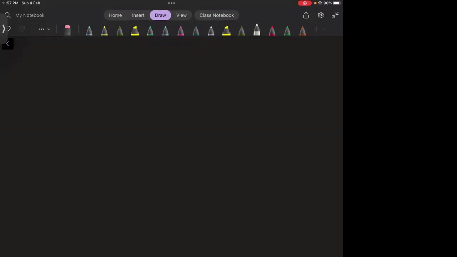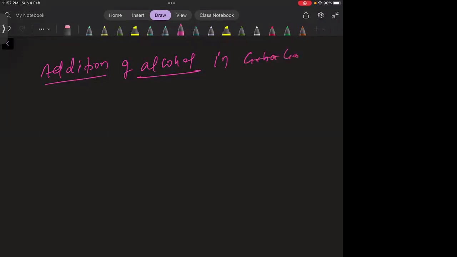We write here the addition of alcohol in carbonyl compounds, correct? So that is the addition of alcohol in carbonyl compounds. Okay,